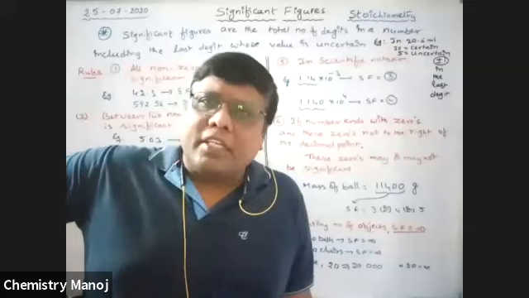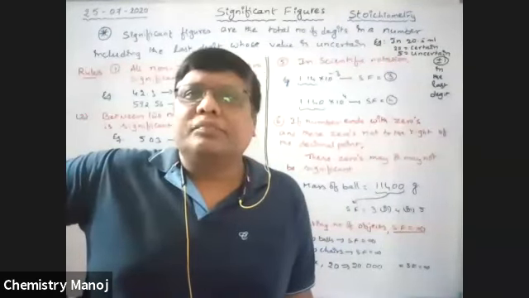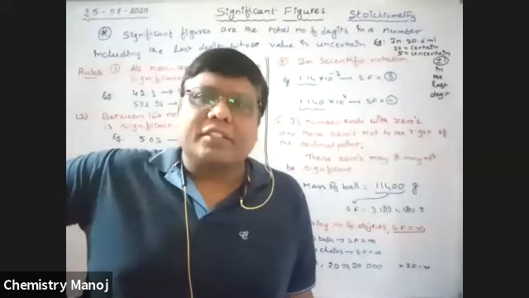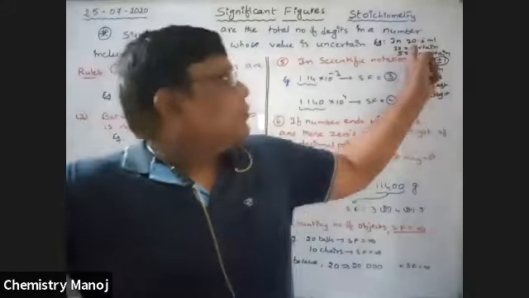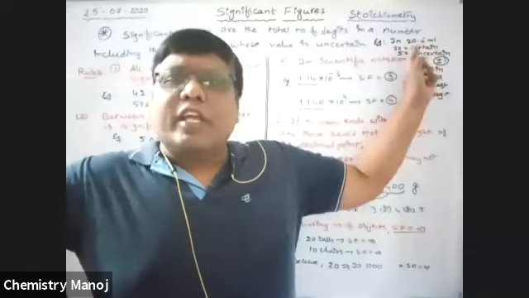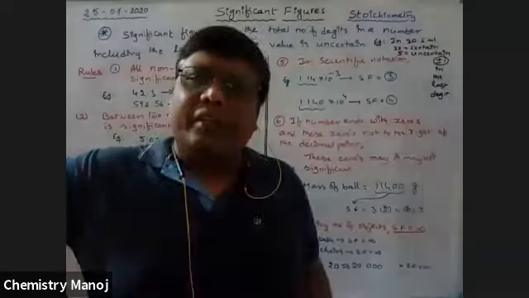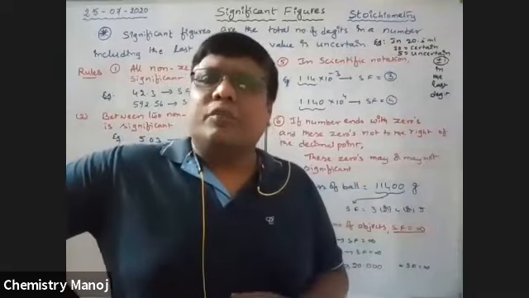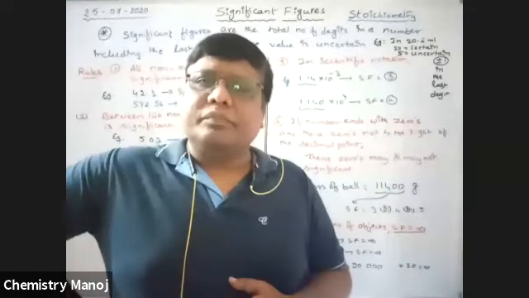the accuracy of the value is explained with the help of these significant numbers. These are significant figures. So let us take a value. See here, it is 20.5. I am going to measure the volume of a certain liquid by using a certain burette. The volume of that liquid is 20.5.